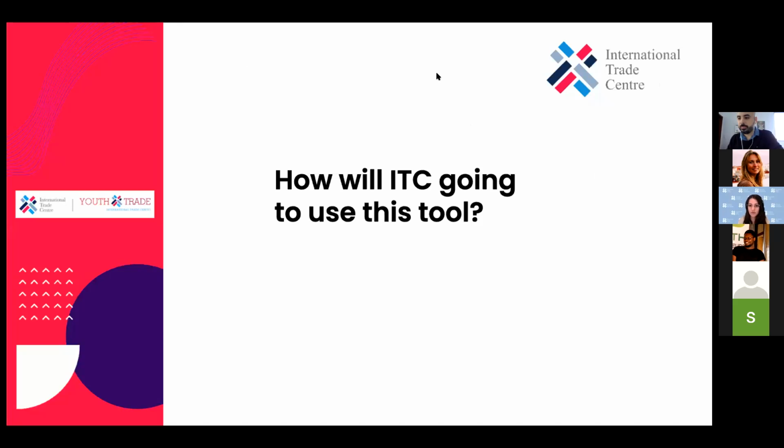Aligned to what Andre was mentioning just now about how to use this report, first of all, some additions on how hubs can use it. What we've seen with the institutions that have used the original benchmarking tool is that it has helped them to ask for funding. In some cases, it really helps to support your pitch, to say what are the areas that you want to improve within the organization and why you are asking for funding for them.